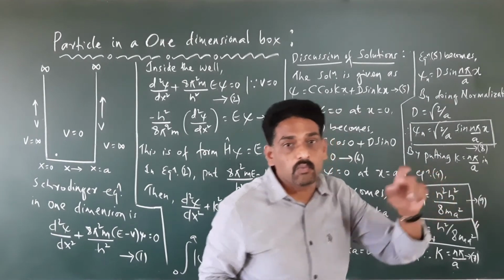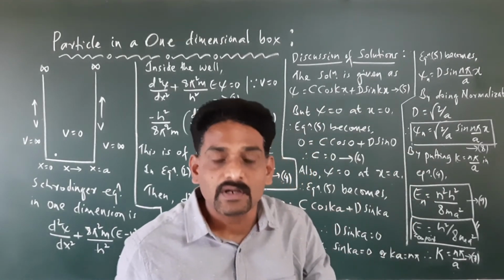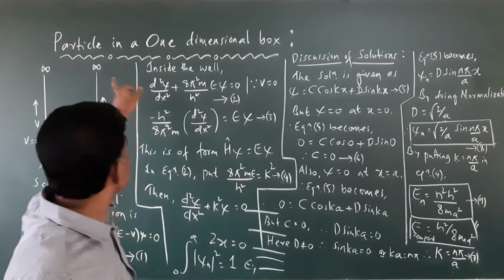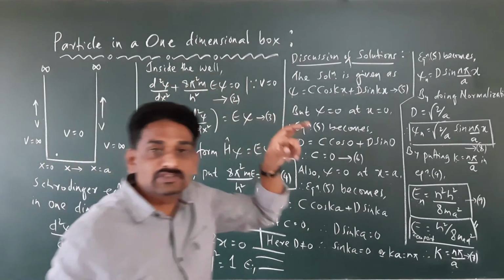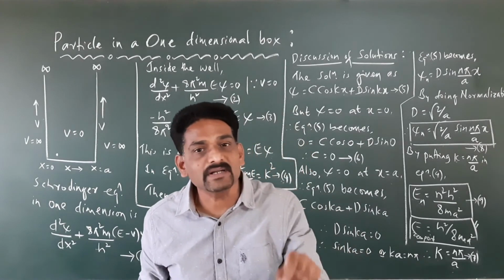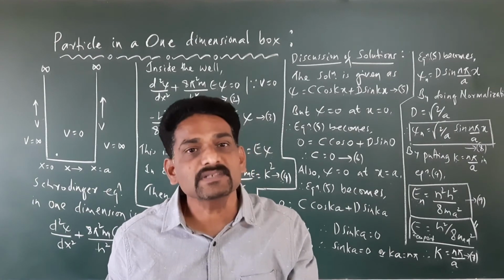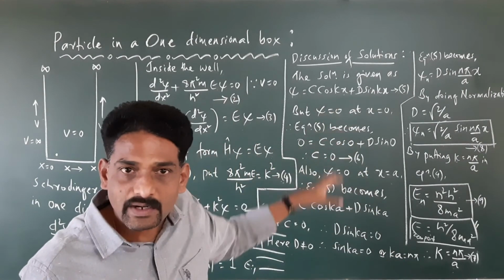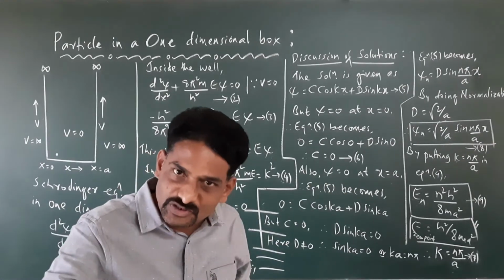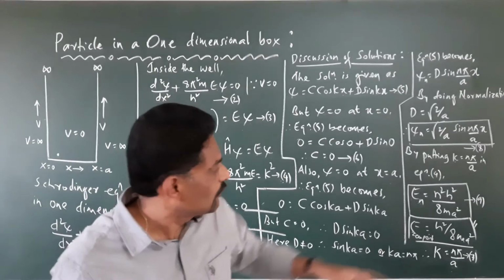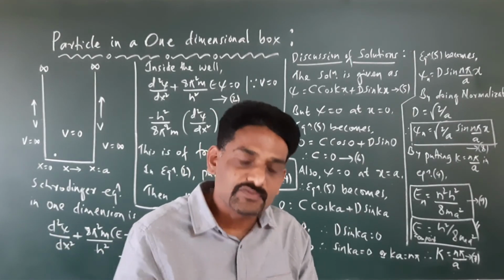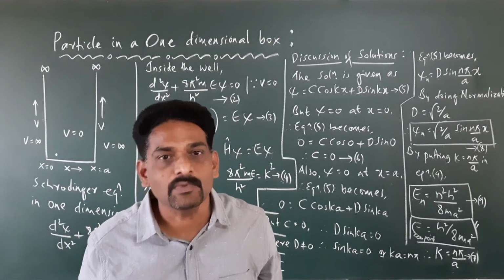That is one of the very important applications of the time independent Schrodinger wave equation. Therefore we say particle in a one-dimensional box is an application of the time independent Schrodinger wave equation, wherein we calculate the energy of the particle which is present in the box and assumed to move in only one dimension. We calculate the energy, and from that energy we draw some important conclusions which will be very useful for us in discussing some other real-time problems.